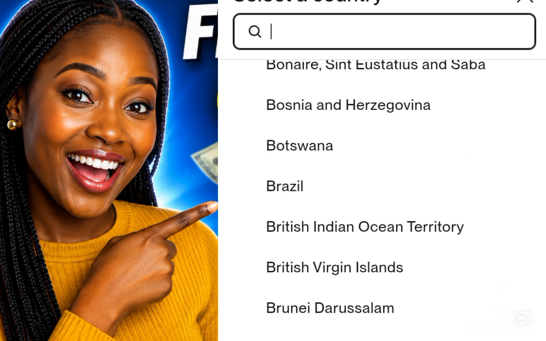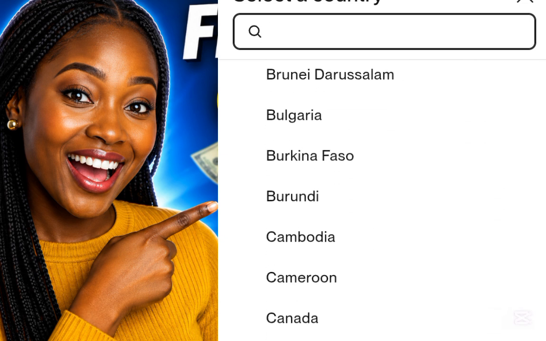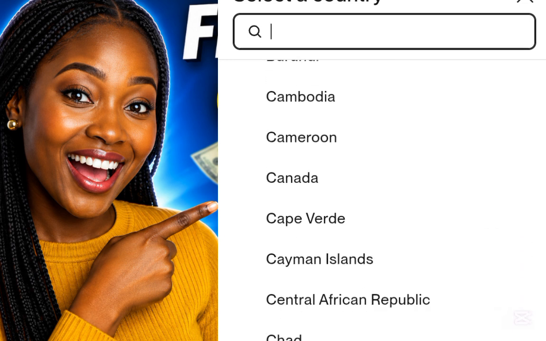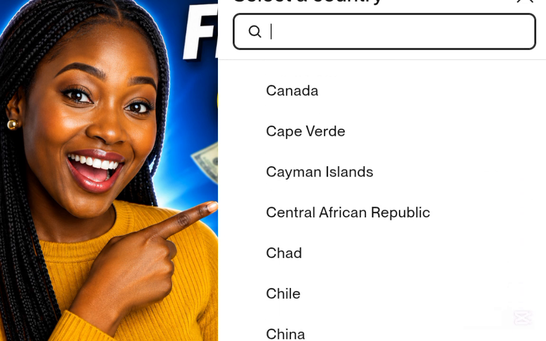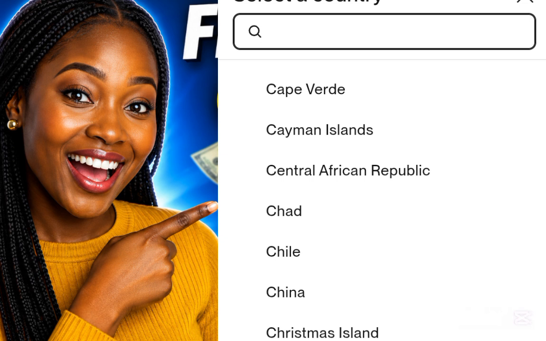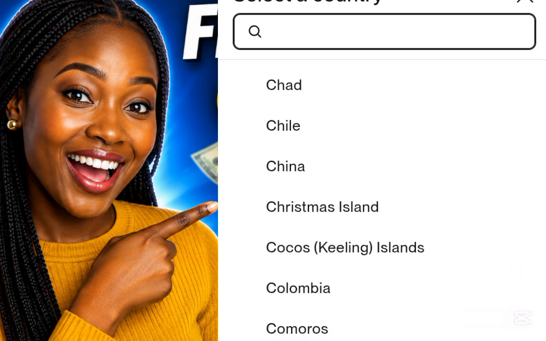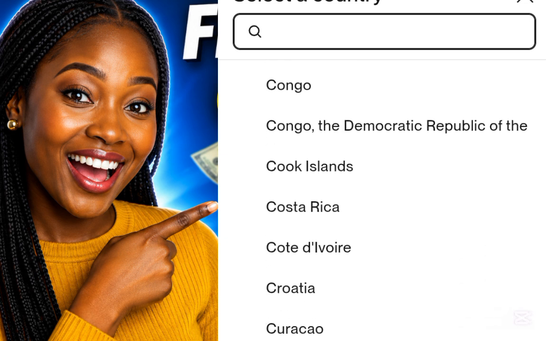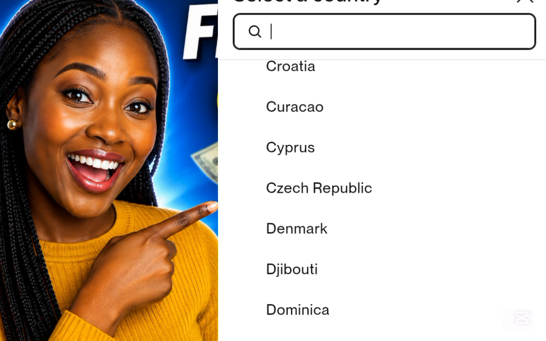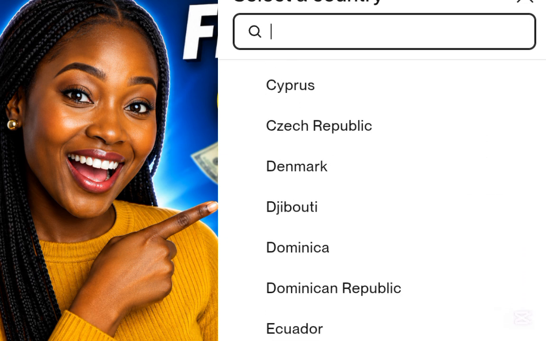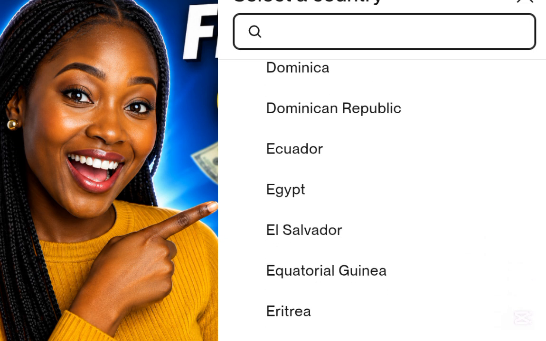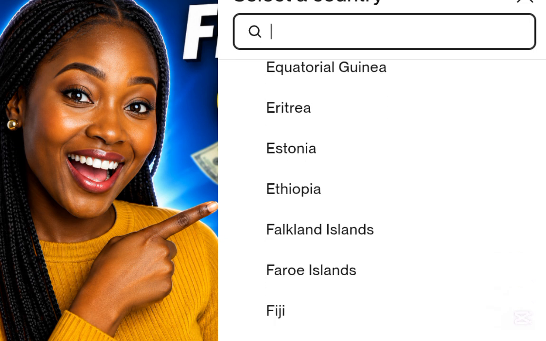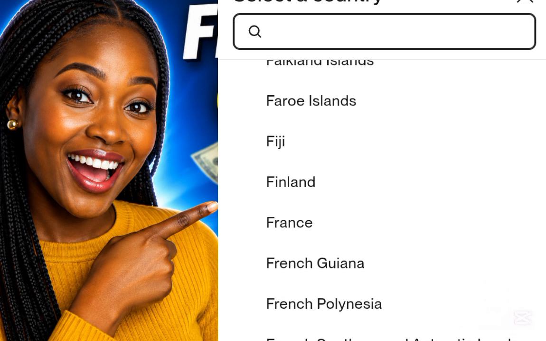If you can see Burkina Faso, Burundi, Cameroon, Cape Verde, Central African Republic, Chad, Chile. No, Chile is not there. You see, we have Congo Democratic. These are the countries that are eligible. Djibouti, you see, Egypt, Ethiopia, you see guys,